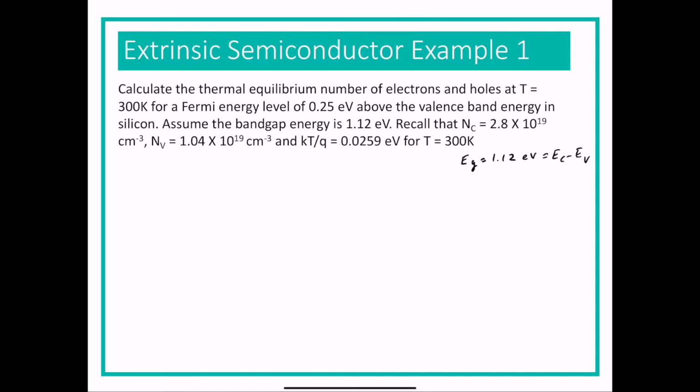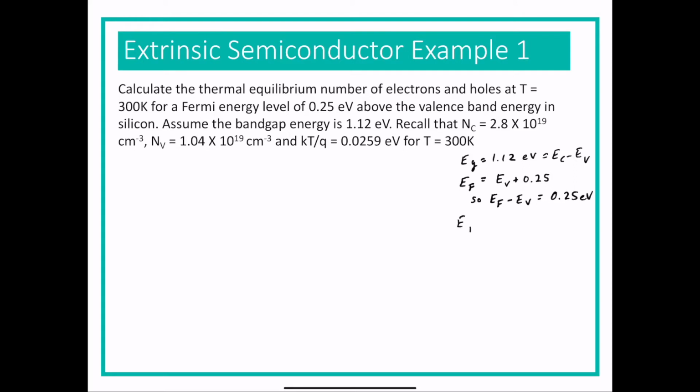Okay, good. So we know that the Fermi energy is equal to the valence energy plus 0.25 electron volts. And that means EF minus EV is 0.25 electron volts. Good. We can also figure out the distance between there and the conduction energy if we want, or the conduction band, because